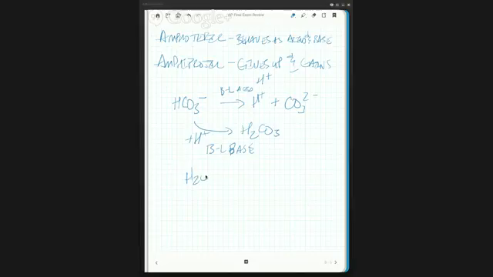Water is another perfect example. So we have water plus HCl, and you end up with Cl minus plus H3O plus. And in this case, it's a base because it accepted an H plus, okay? And it acted as a base. Now, it accepted a proton, so it's amphiprotic too. So here, H2O plus, we'll say NaOH is going to give us